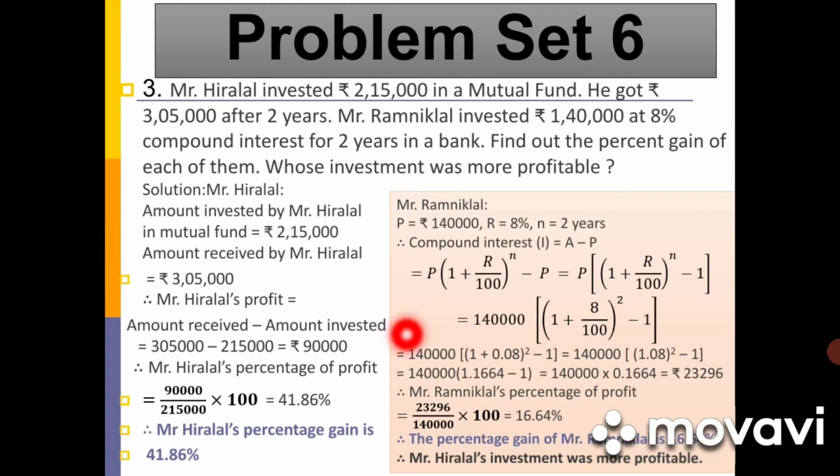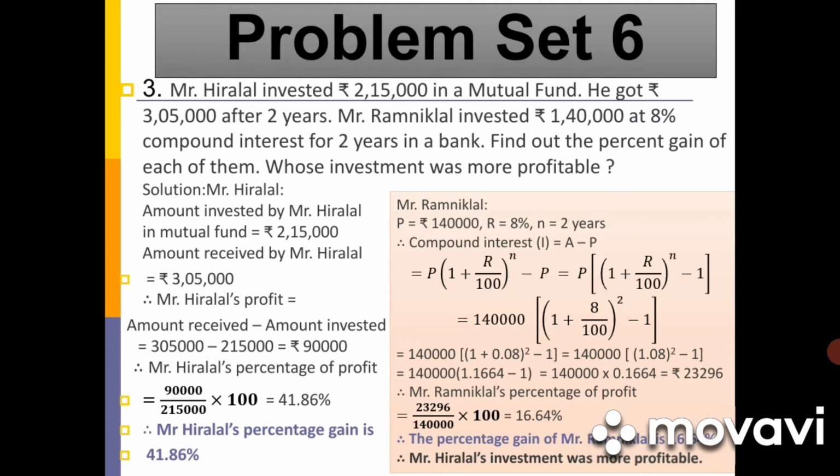This is equal to 1,40,000 into bracket 1 plus 0.08 the whole square minus 1, which is equal to 1,40,000 into bracket 1.08 the whole square minus 1. This is equal to 1,40,000 into bracket 1.1664 minus 1, which is equal to 1,40,000 into 0.1664, which is equal to rupees